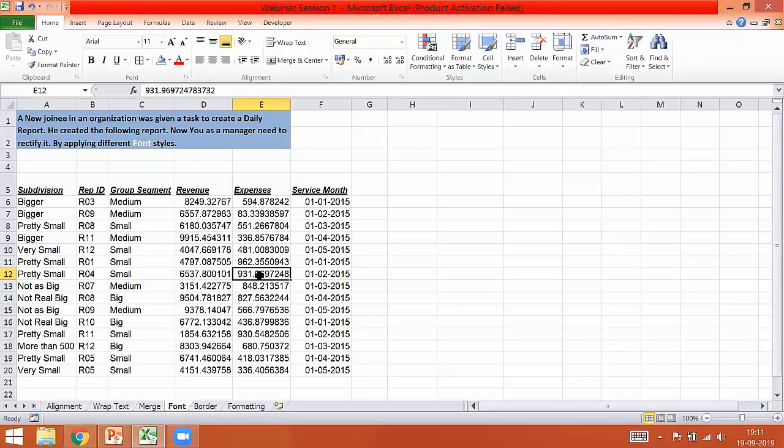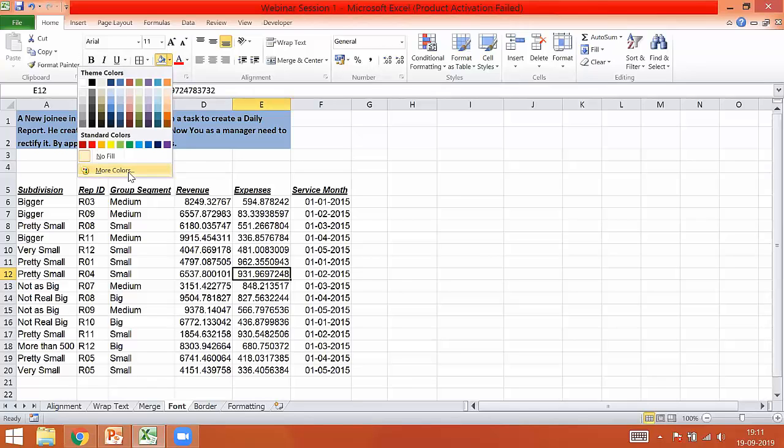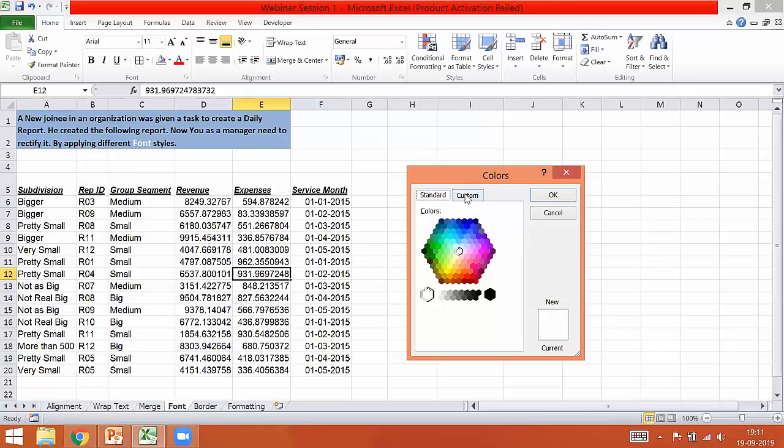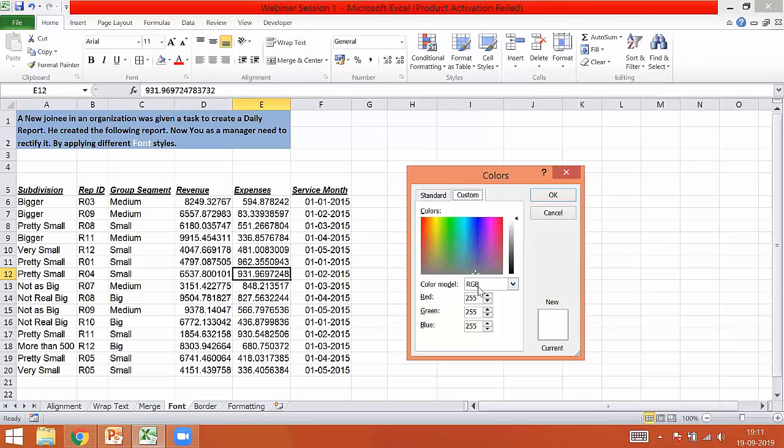Okay guys, when we were talking about the RGB color styles, that is nothing but, when we are talking about Excel, it actually reads all the colors only in red, green, and blue. RGB, R stands for red, G for green, and B for blue. Okay, so where I can find them is if I click on this option and go to more colors, you can see under custom, this is the color model over here.